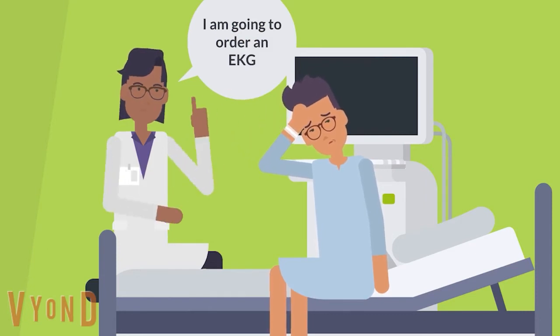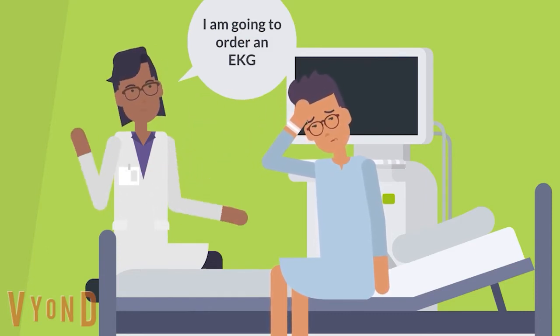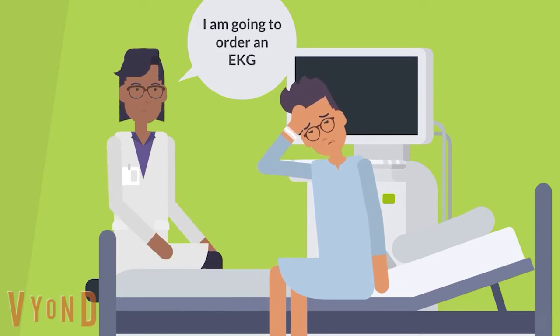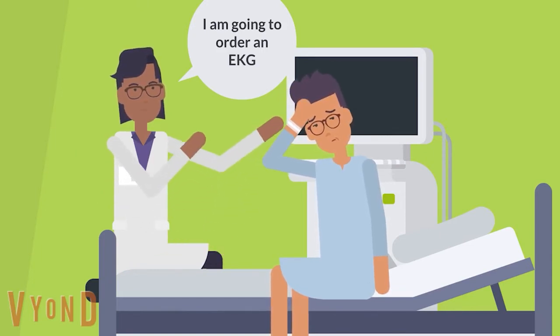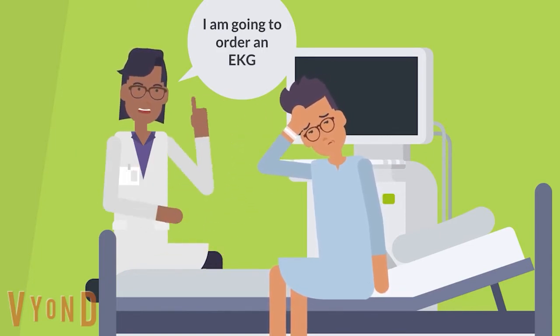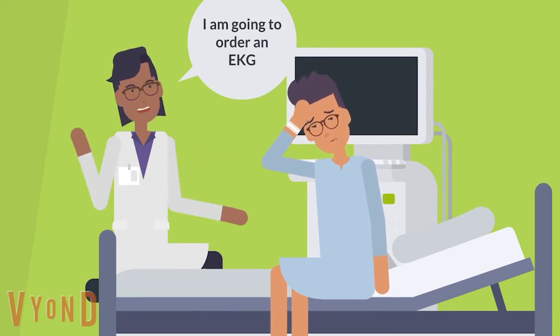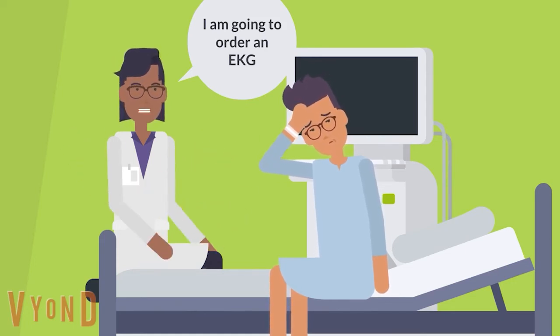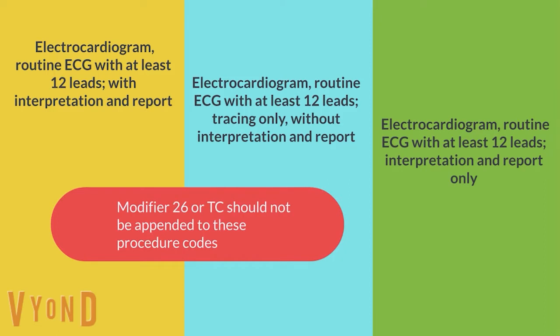Here we can see a provider who has determined they need to place an order as well as complete an electrocardiogram. An electrocardiogram may be referred to as an EKG or an ECG. As a medical coder, once you see the completed documentation within the healthcare record for an electrocardiogram or an EKG, we do have 3 code options available to us within our CPT book. These codes include